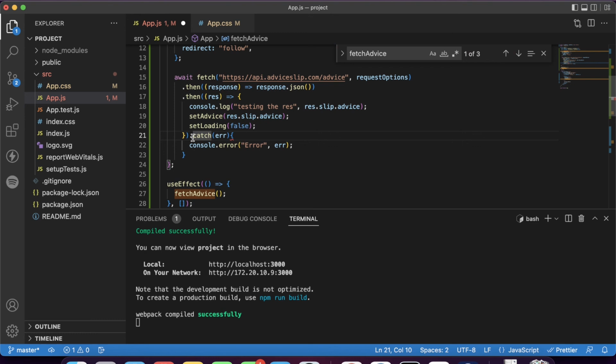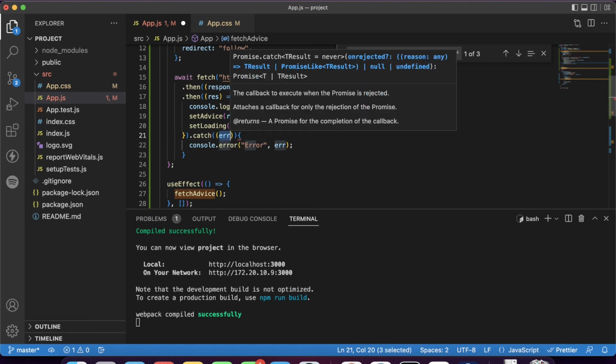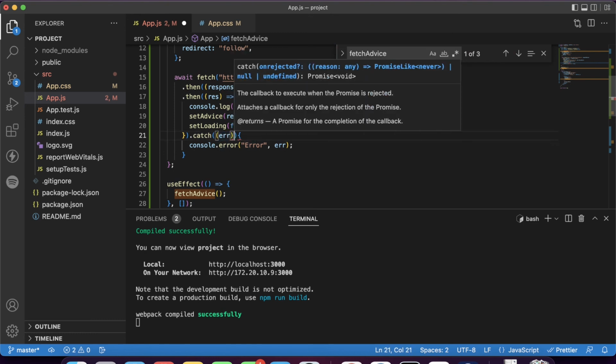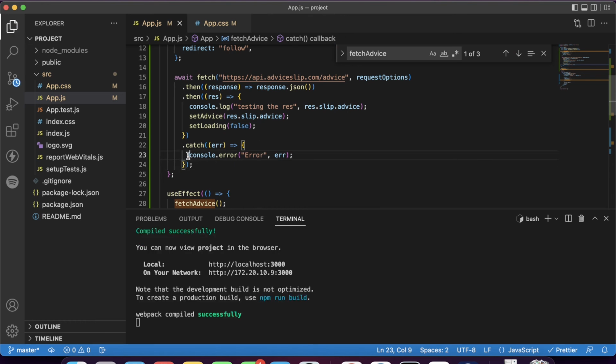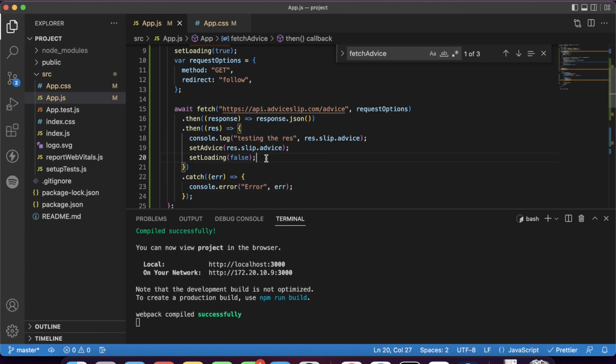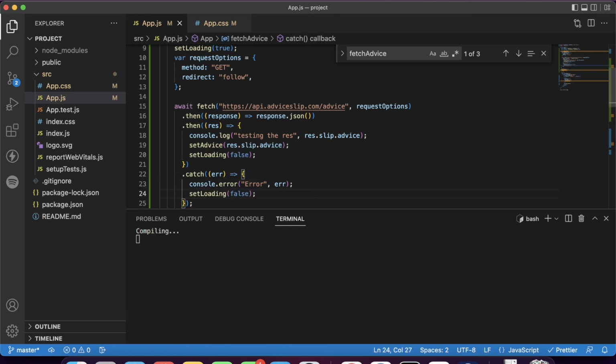Oh, and one more thing was that this needed to be a callback function, so I'll just paste all of this inside of this function. Okay, yeah, so we also have this callback function set up as well, and we do have to set the loading as false as well.